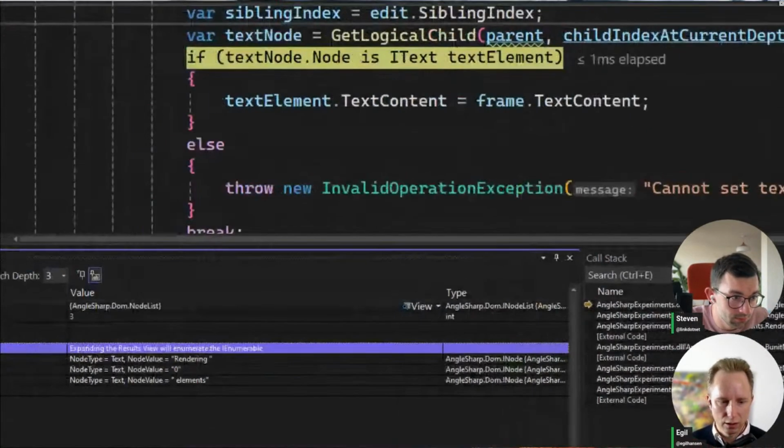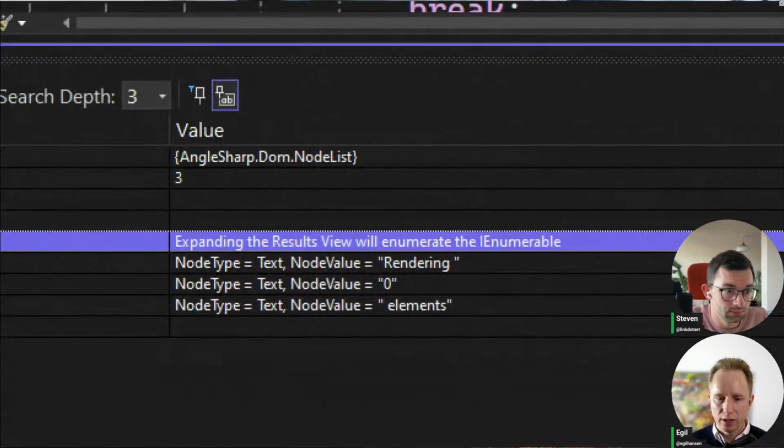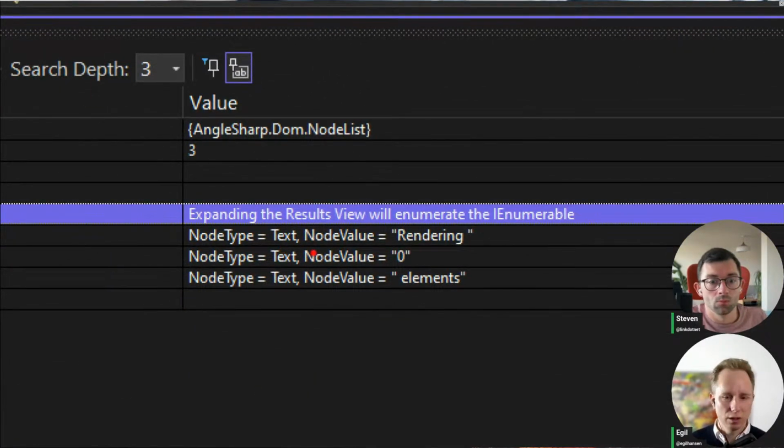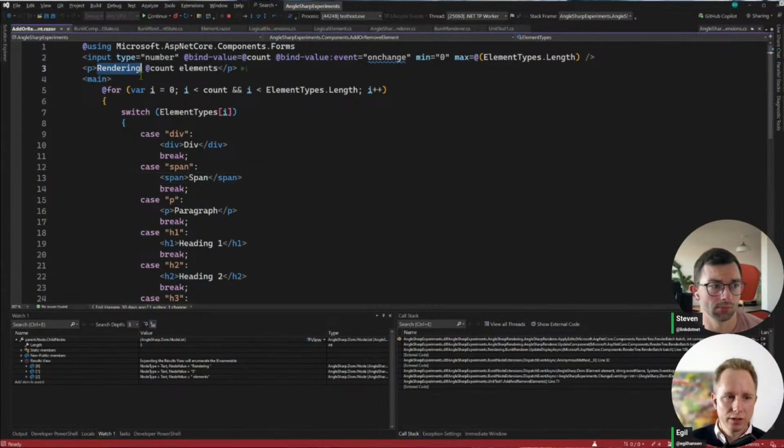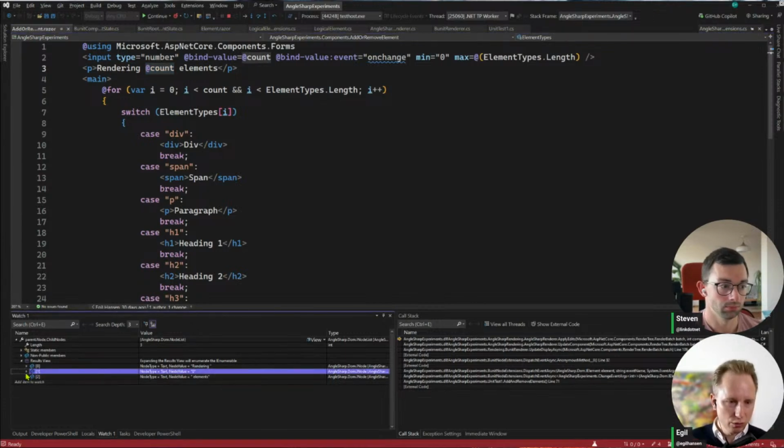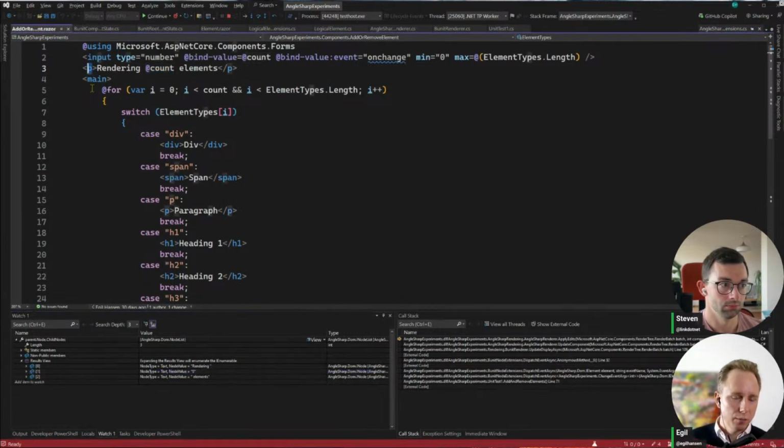I'm going to zoom in. So you can see in the array, there's 3 text nodes. Makes sense. So there's the text rendering, then there's the dynamic element, the number, and then elements. So this matches, this is rendering, then elements, and then you have a text node representing the specific count. So my expectation is actually the only change we will do is we won't change the P tag, we won't change this text node, we won't change that text node, we will only change this text node, which is very